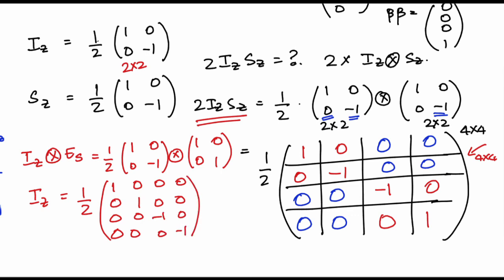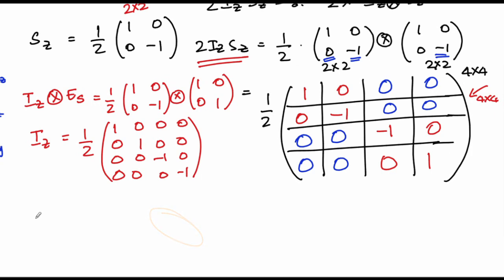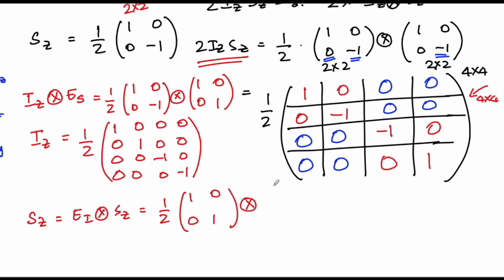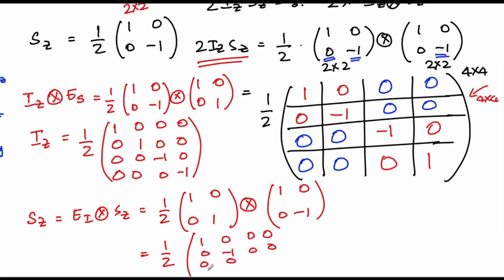So you are able to understand here that the minus 1s for 2IZSZ come in the middle, while that for the IZ comes only in the last 2 rows. So similarly, if you want to take the SZ operator, that's going to be given by the identity direct product SZ. That's going to be equal to 1 half [1, 0; 0, 1] direct product [1, 0; 0, -1]. So this is going to be equal to 1 over 2 times 1, 0, 0, 0, 0, minus 1, 0, 0, 0, 0, 1, 0, 0, 0, 0, minus 1. Here you are able to see that the minus 1 and plus 1 alternate, while here it is grouped and here it's in some other place.